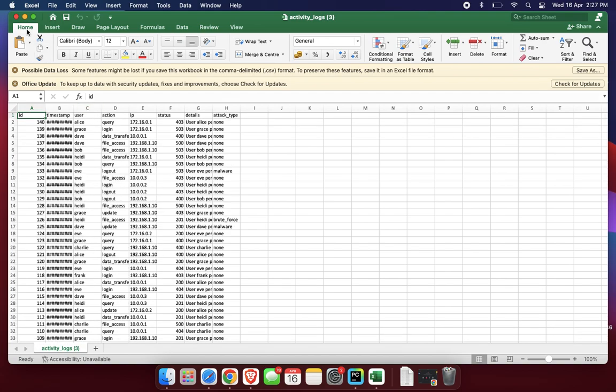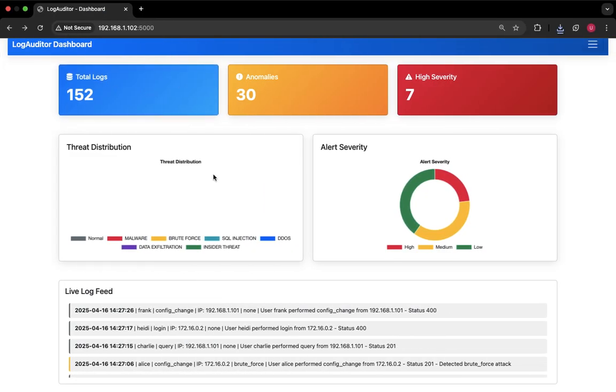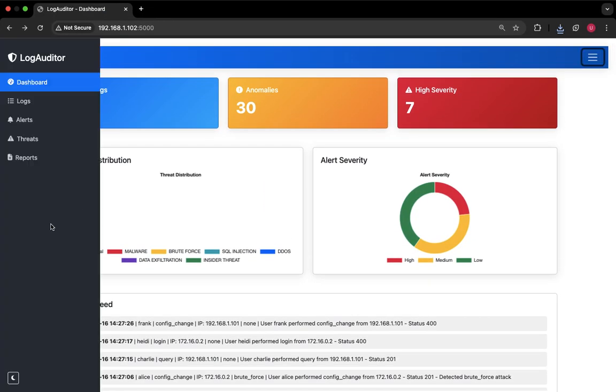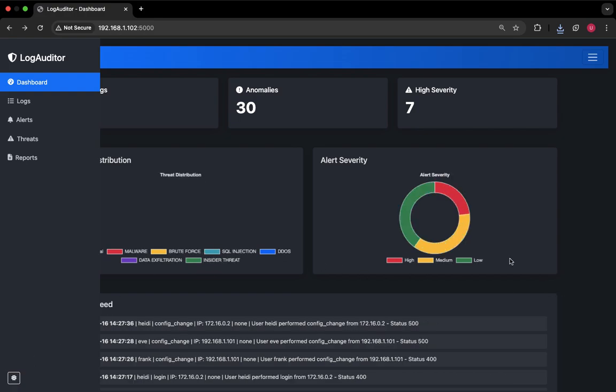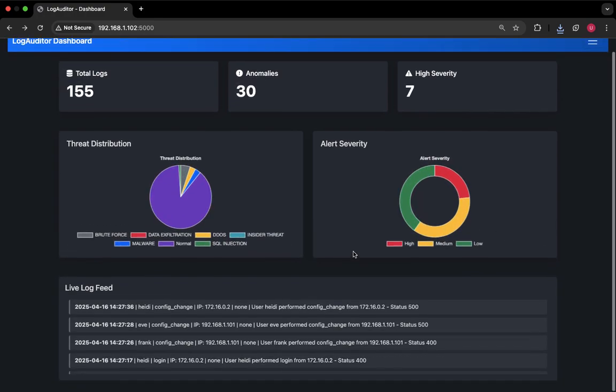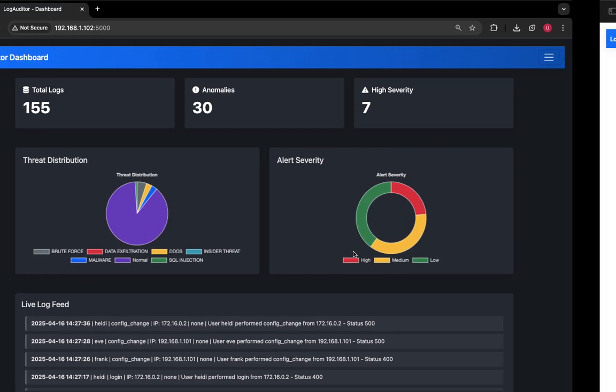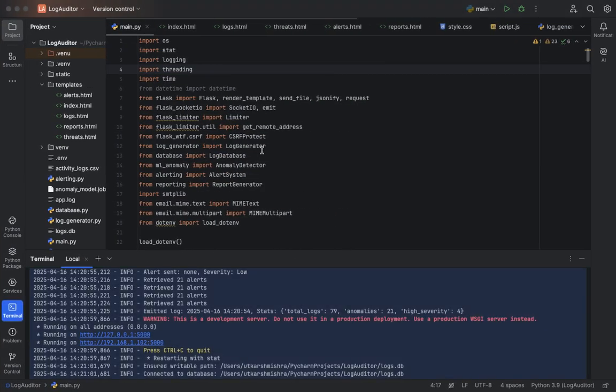Once you complete the log, you can see. Oh, that's it, it's there. Here you can see this project report, and you can change the mode in the color. And coming to the code,